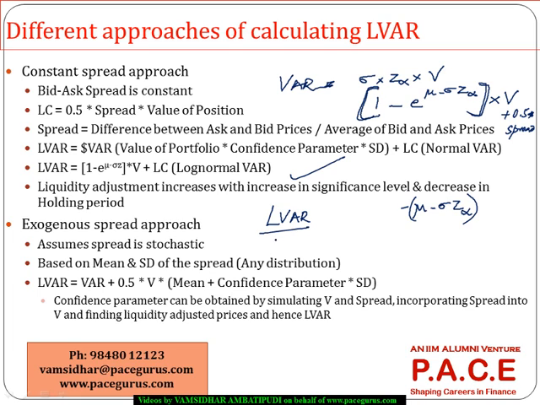The simple logic: liquidity adjusted VaR to VaR is always 1 plus spread divided by VaR. In other words, it is 1 plus 0.5 times the spread times V, divided by